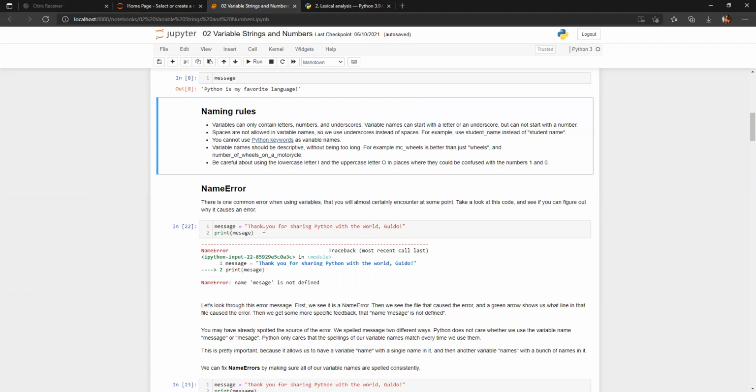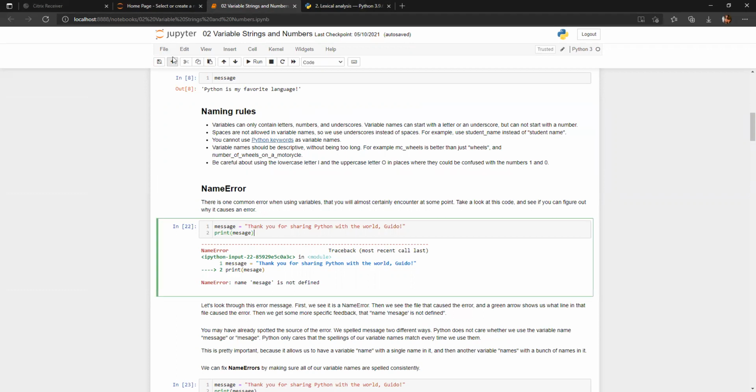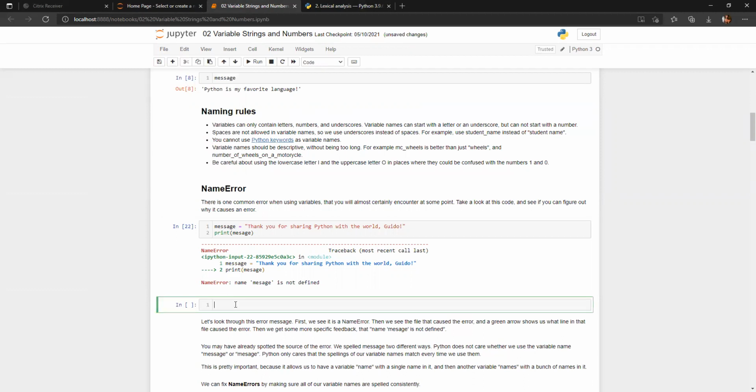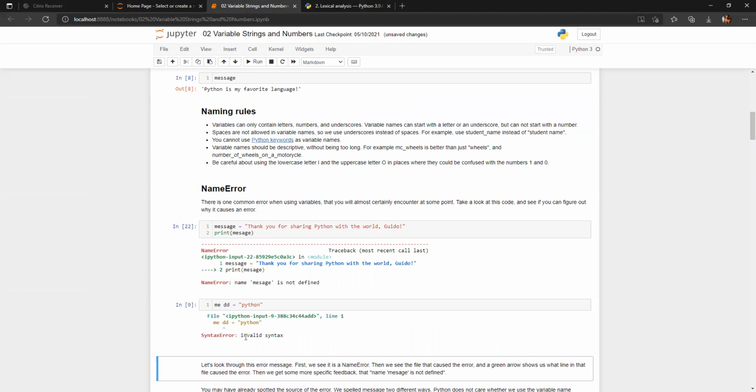I will just show you. Suppose I'm declaring a variable with a space, and if I run this, what is it telling me? It is telling us that the syntax is invalid, and you cannot store variables in this fashion.